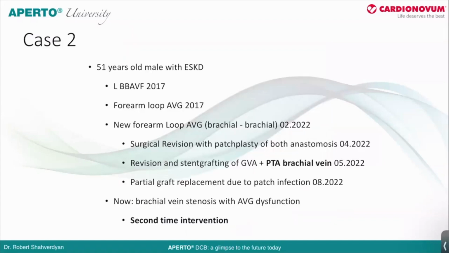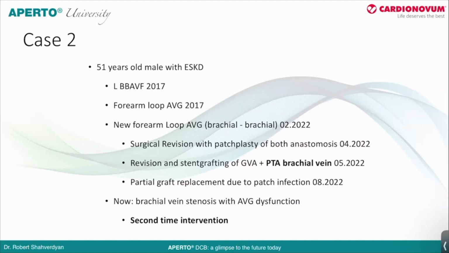The second patient, also a patient with a graft. This is a male patient, slightly older, 51 years old. He had a previous brachial basilic fistula, and then it was converted very early to a forearm AV graft loop, which was then replaced because the graft was completely destroyed in 22. There was an external surgery revision with patchplasty of both anastomoses, and then another revision of those patchplasties, so it was treated with a stent graft, and then simultaneously the outflow brachial vein was treated with an angioplasty as for